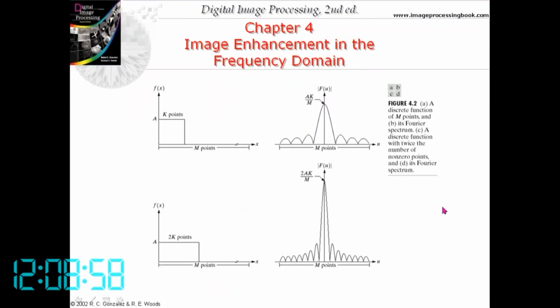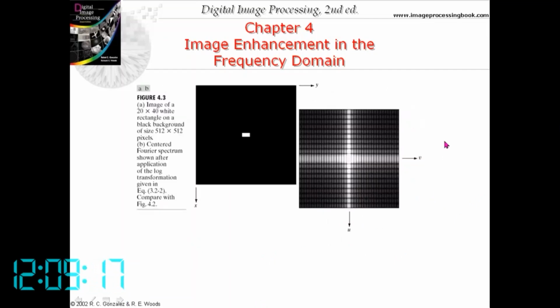So you can get various transformed data. This is the spectrum, the Fourier spectrum. Basically, you show twice the number of non-zero points in this Fourier spectrum. You eliminate the high frequency data we cannot see, and then take the inverse Fourier transform to get back the original function.